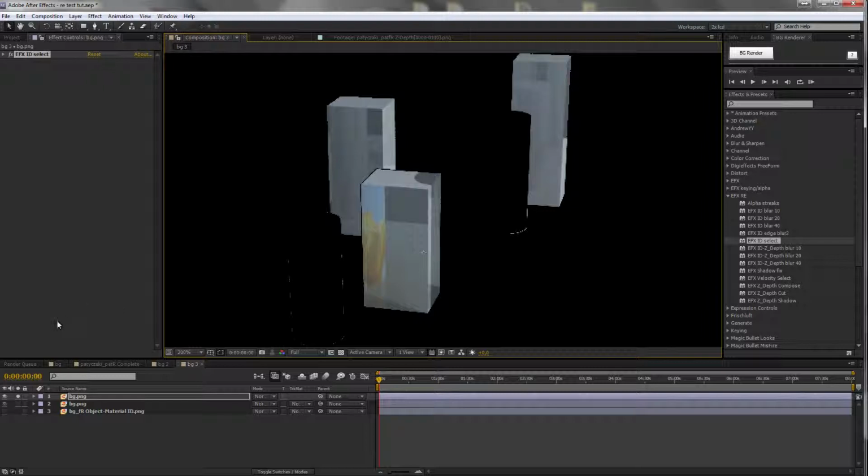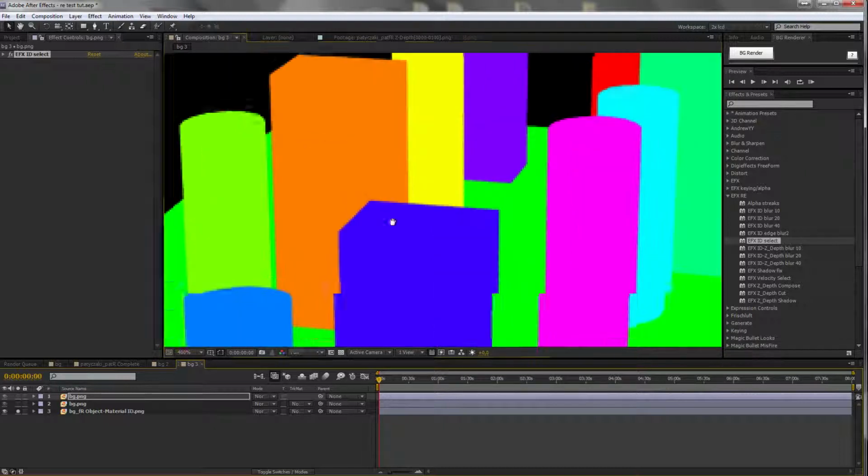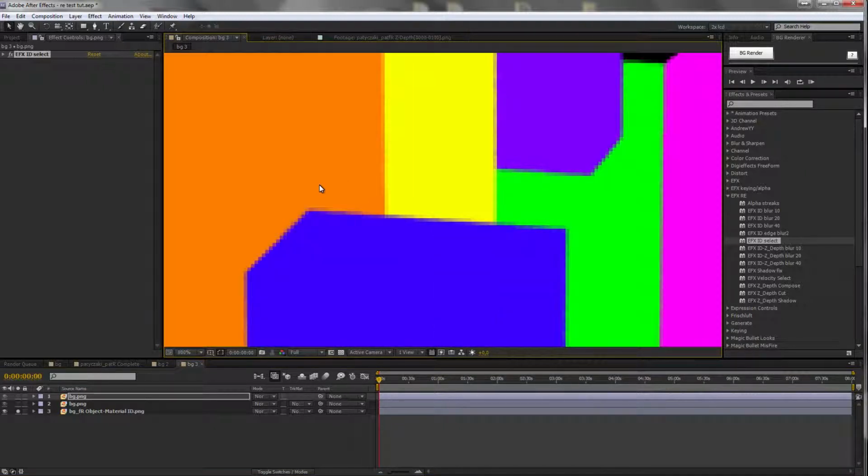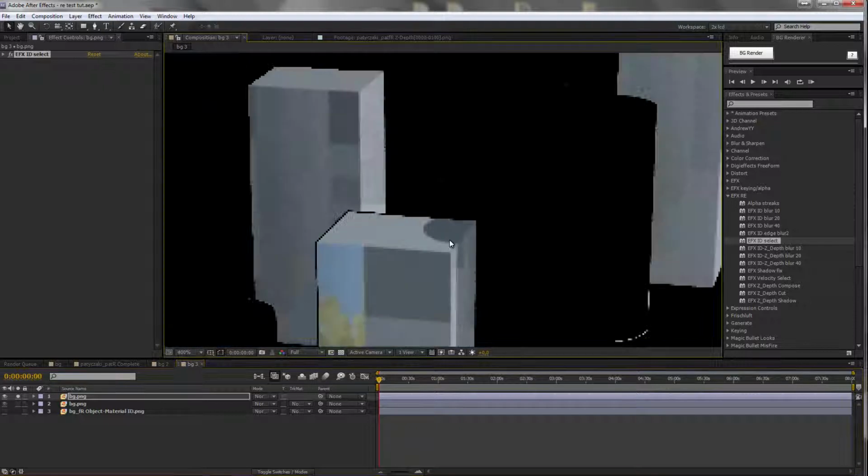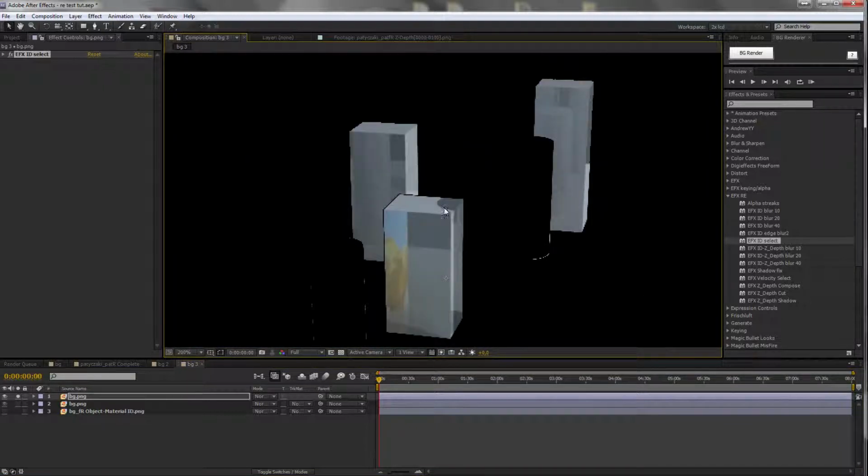Because of anti-aliasing, the data on these passes is not consistent, meaning that a solid color represents an object, right? So we have an object here and we have an object here. That's clear. But when there's a border between these objects, you have a fade between those two colors. There's no way around it. But if you want to work with it, these are different colors. The color here is not this color, it's not this color, so basically it's a different object, right? So unfortunately you're always left with some artifacts on edges of objects,